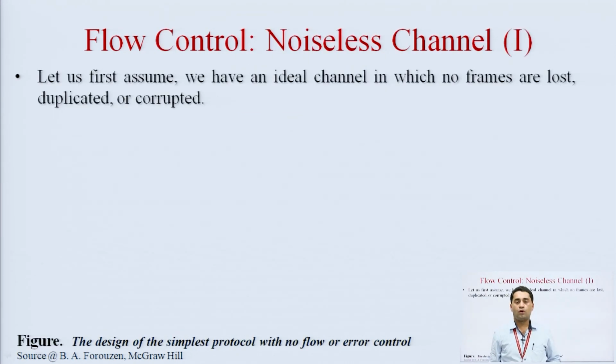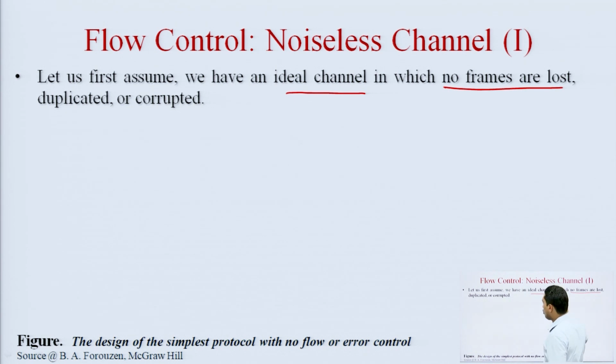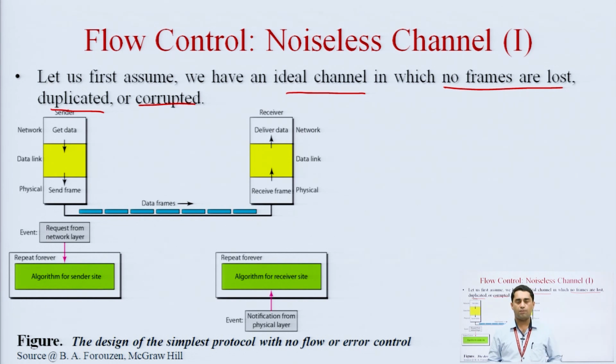Number 1, what is a noisy channel and what is a noiseless channel? As I said, if the channel doesn't have any frame loss, duplication, corruption or damage, then in such scenarios we assume my channel is noise free, a noiseless channel. As I discussed in the previous slide, if we have a noiseless channel, then we have two categories under this. Category number 1 says